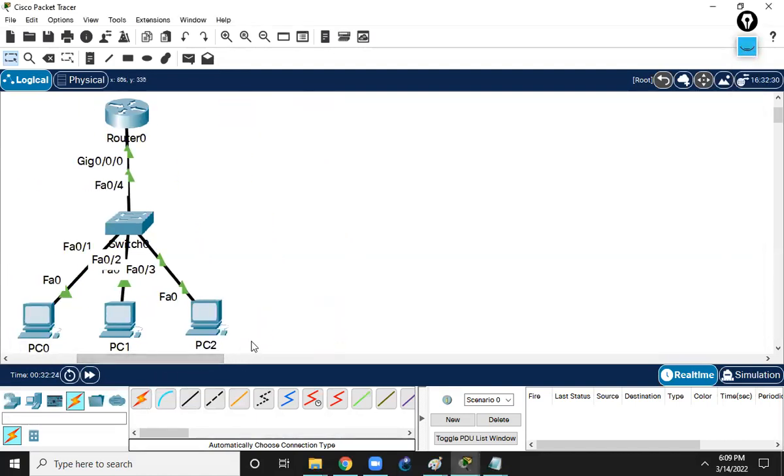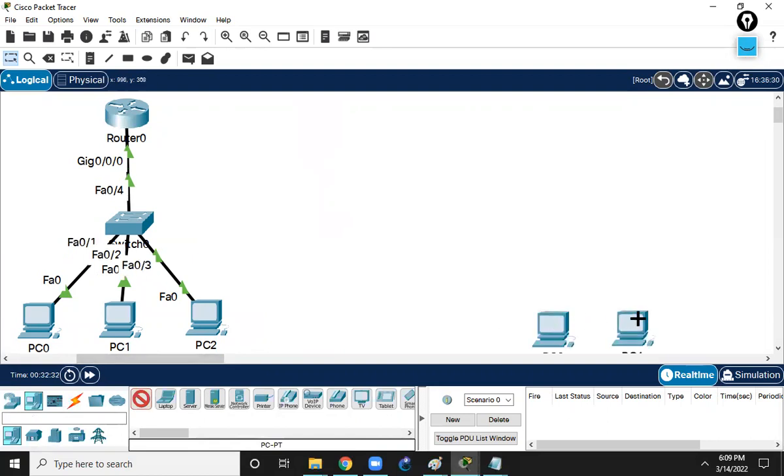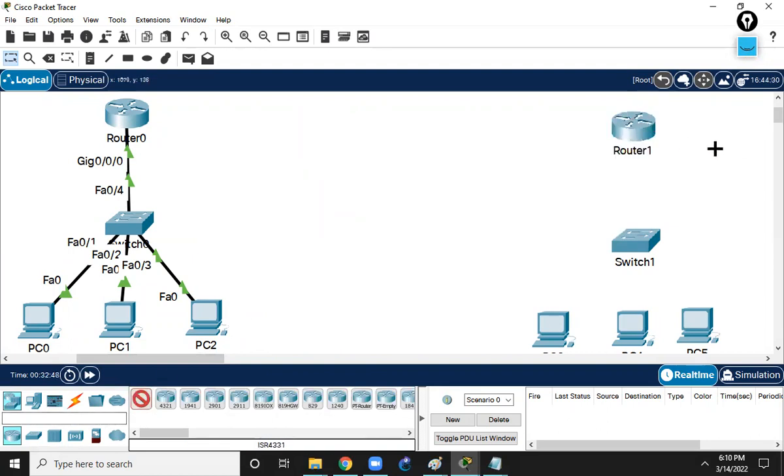Similarly, you will have a Mumbai branch. Suppose this is the Mumbai branch. In the Mumbai branch you will have multiple computers, and you will interconnect them using switches, and then you can connect to the router. Okay, now again,